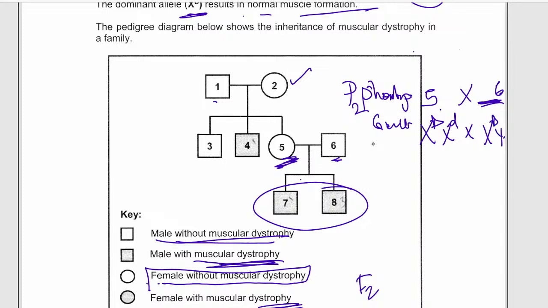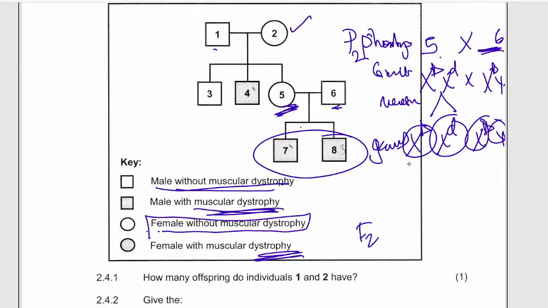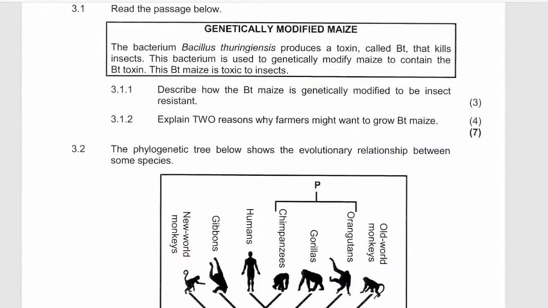Then you go to the next, which is the meiosis. Meiosis splits X capital D, X small d. Then you go to the next, you start to cross. You can use the Punnett square, or you can just do capital D, capital D, then this and this, Y, then this and